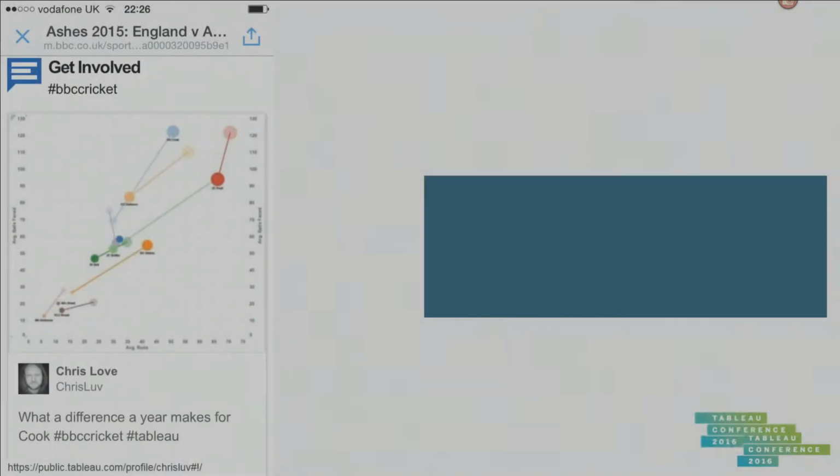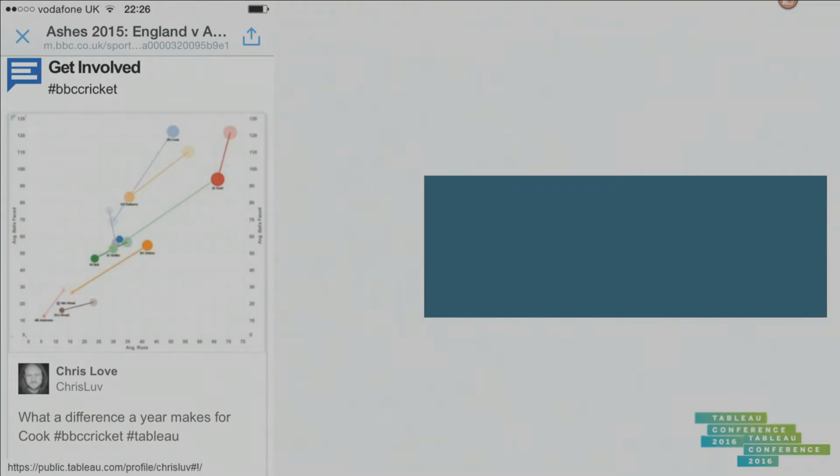This is another gentleman in the audience, Chris Love, at the back there, and this is an amazing screenshot from my phone last year. Now, I know I've got some Brits and Australians in the audience, but for Americans here, this is looking at cricket, the Ashes. And cricket is basically baseball, but for people with longer attention spans. And the Ashes is the ultimate grudge match played between Australia and the UK, going back 150 years, is it, or something like that? A very long time, and unfortunately at the moment the Brits are winning.